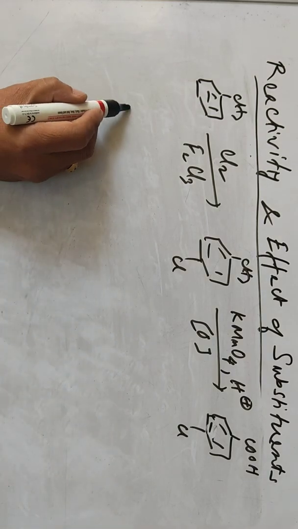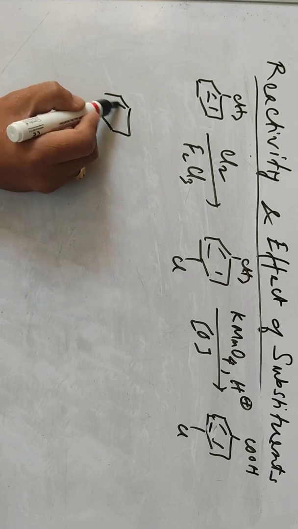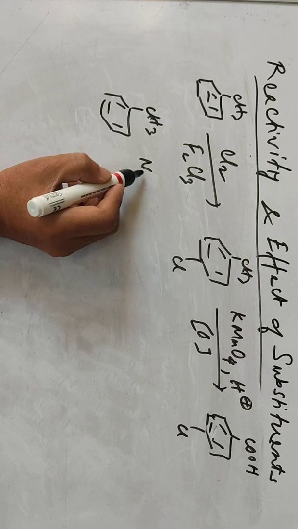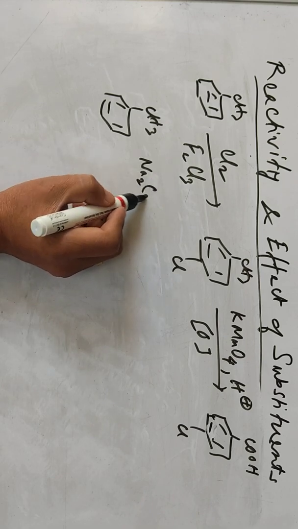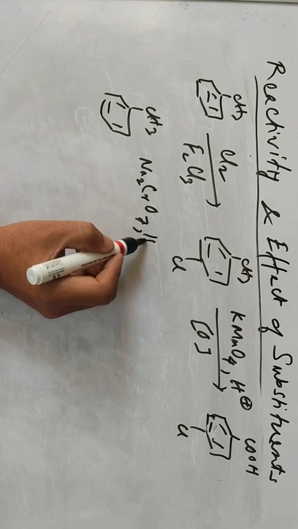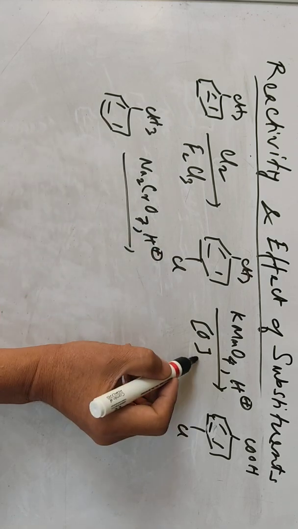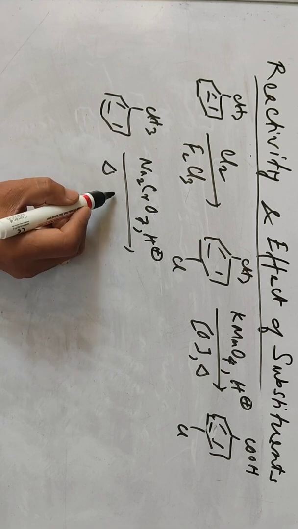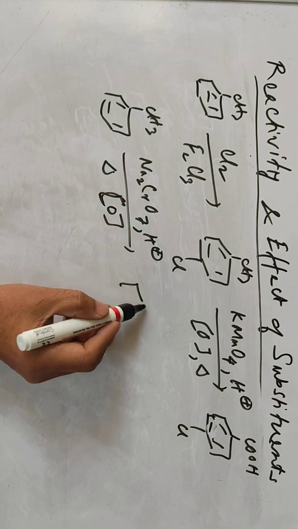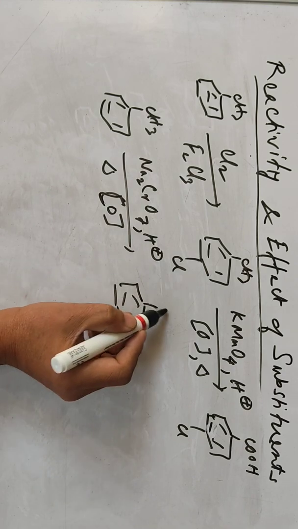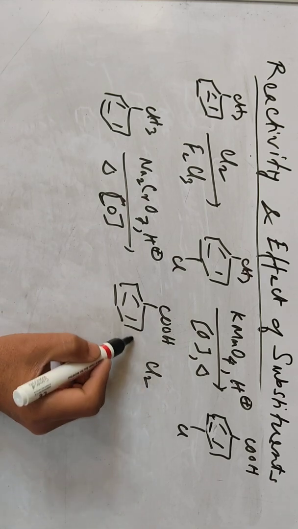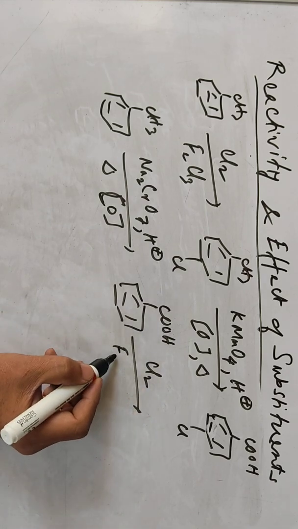Similarly, in the case of the para position, now suppose you take this and do oxidation with sodium or potassium dichromate, oxidation in the presence of acid and heat. This is heating. The methyl group is oxidized to a carboxylic group, and then we react with ferric chloride, and chlorination takes